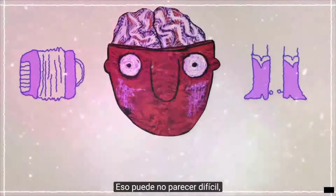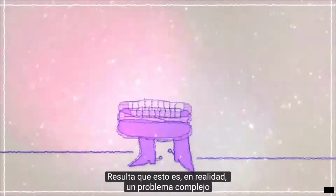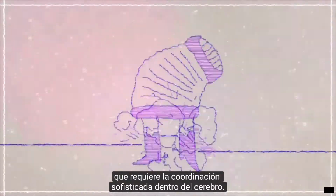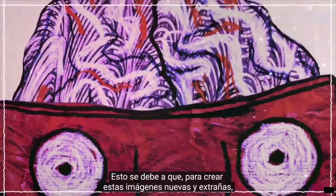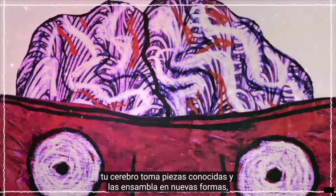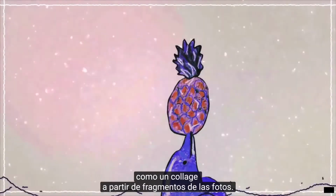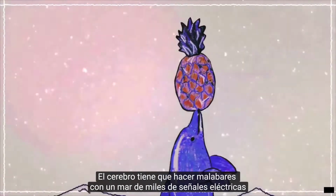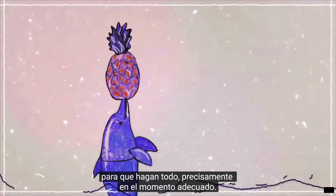That may not seem hard, but that's only because we're so used to doing it. It turns out that this is actually a complex problem that requires sophisticated coordination inside your brain. That's because to create these new, weird images, your brain takes familiar pieces and assembles them in new ways, like a collage made from fragments of photos. The brain has to juggle a sea of thousands of electrical signals, getting them all to their destination at precisely